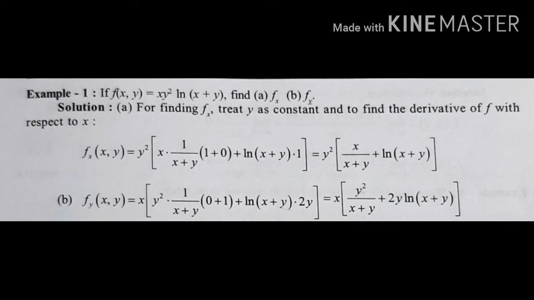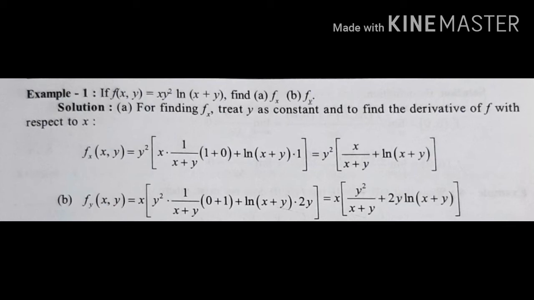So first, fx(x, y): here the function is xy² ln(x + y), so we consider y as a constant. So first take y² out of the bracket,